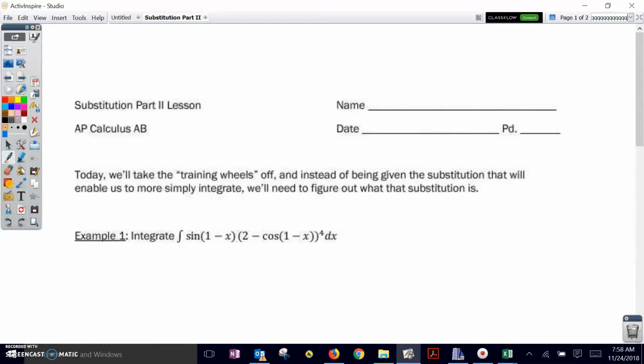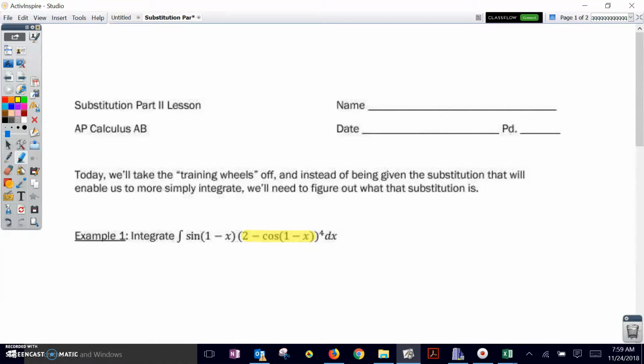Alright, let's look at example 1. We're integrating the sine of the quantity 1 minus x times the quantity 2 minus cosine of the quantity 1 minus x, all raised to the 4th power. Now when I look at this, I see that 4th power, and I see that I'm taking something and raising it to the 4th power, and so I'm going to choose as my substitution this entire quantity that I'm raising